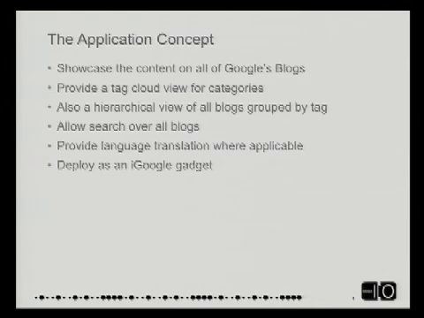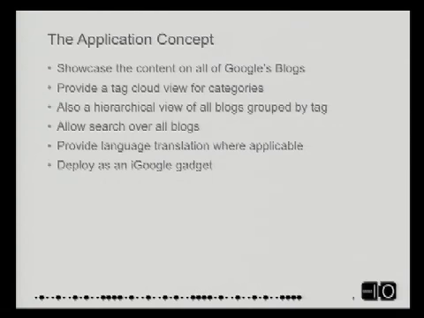We want to provide language translation where applicable. Google is a global company, and we like to feel that we have a global presence everywhere, and we try to do the best job we can there. A lot of people, though, only speak 1, 2, maybe 3 languages at most. We internally at Google strive to hit 40 languages, and the Google search page, I believe, extends into the hundreds. So the AJAX team had just launched a language API which fronts the incredible machine translation technology that the language team at Google does. And so we want to do language translation and take advantage of the API to show how to do that.